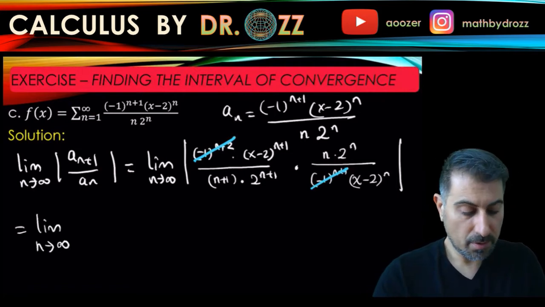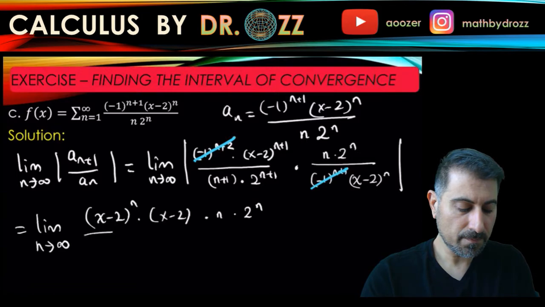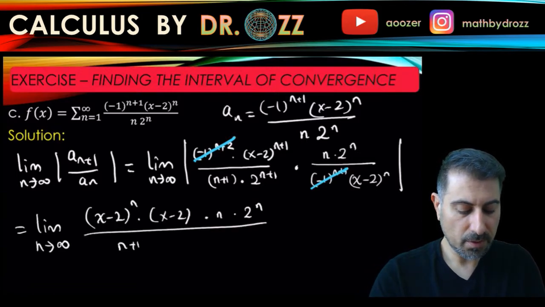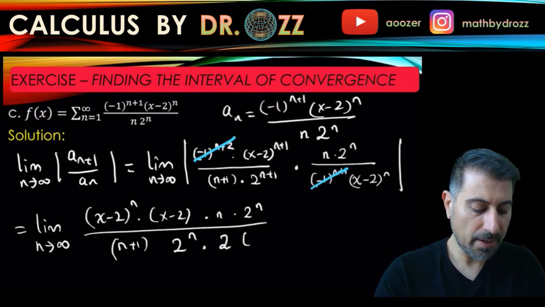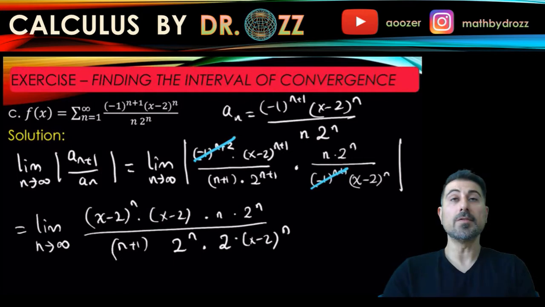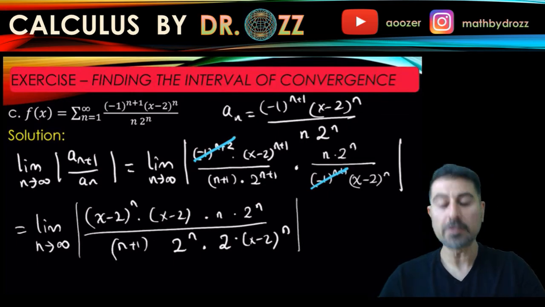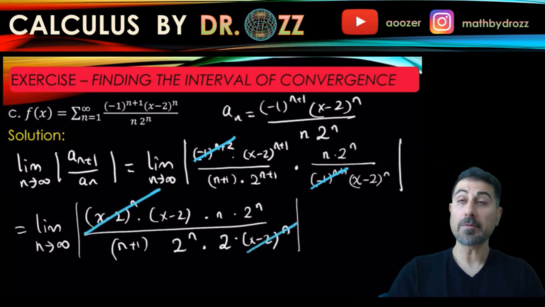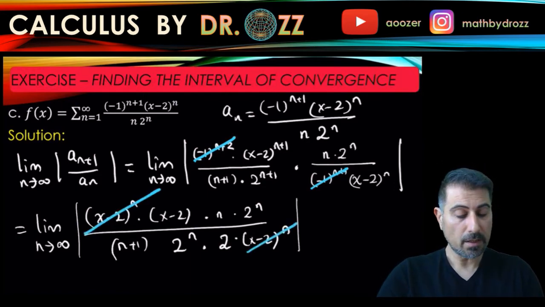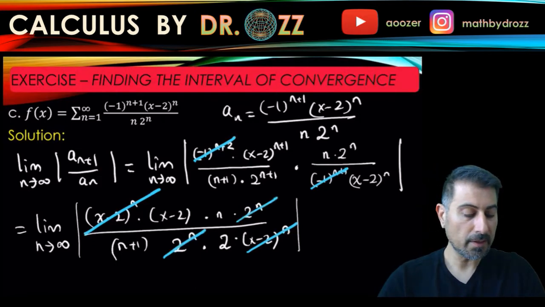Okay. You have (x-2)^n times (x-2), you have n, you have 2^n, you have n+1, and you have 2^n times 2, and you have (x-2)^n. So I split 2^(n+1) into 2^n times 2 and close the absolute value. Okay, so let's see what cancels out. Well, first of all, (x-2)^n cancels out. Okay, and 2^n cancels out. So what we're left with is,